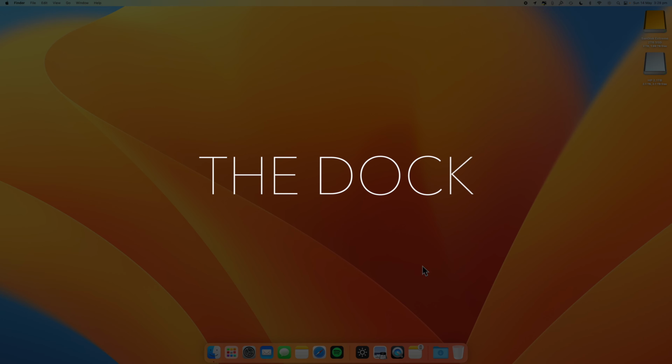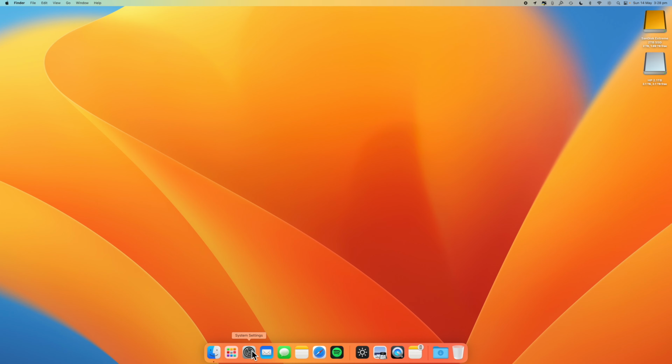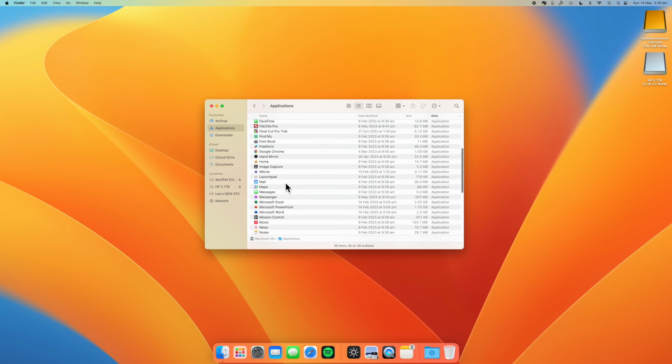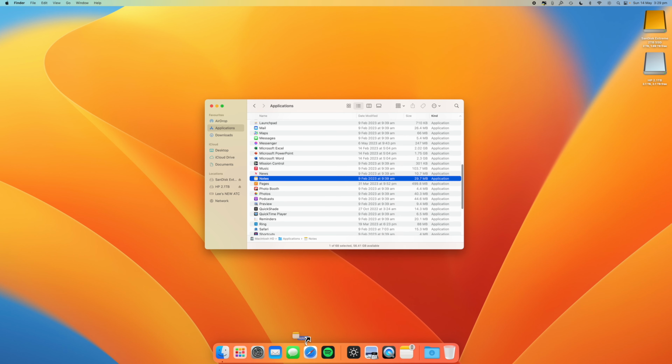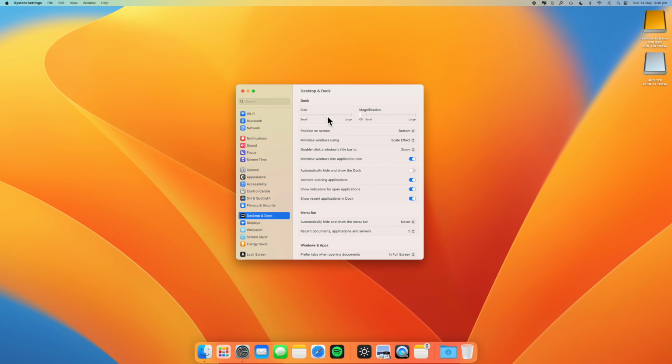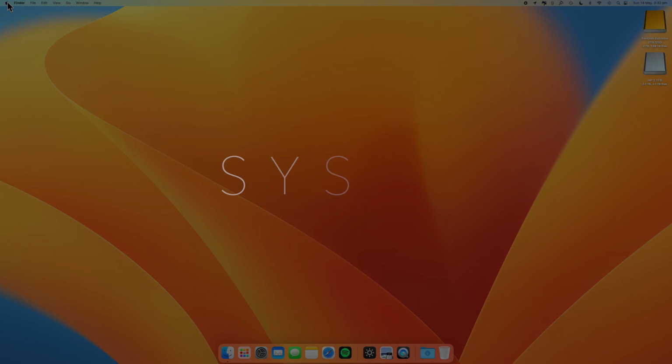At the very bottom of the screen, we can see a row of icons. This is the dock. You can customize it by dragging in folders and apps you'll need quick access to. You can also remove apps too by dragging the app to the top of the page. It will display remove, and at that point, you can let go of the mouse or trackpad to remove it. I have all of the apps I use, plus apps that have previously been open, just like on iPad. You can change the size of it and more through the desktop and dock section of System Settings.